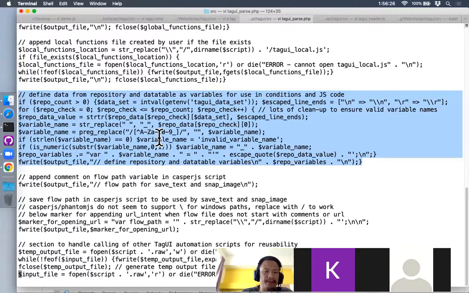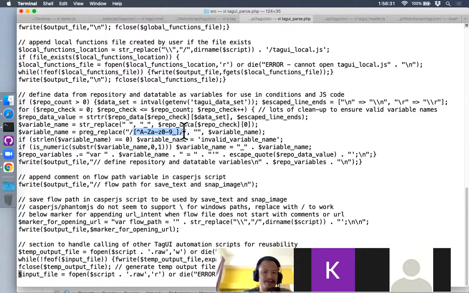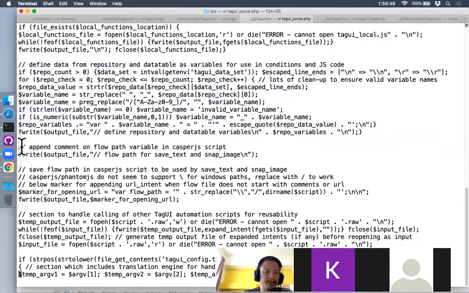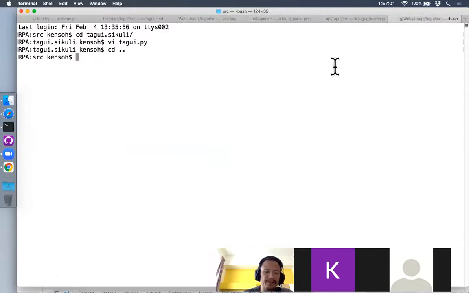And of course, if you have crazy header names that are not valid JavaScript names, then they will be sanitized. For example, if you have a header name that has spaces, then of course the spaces will be removed so that it becomes a valid JavaScript variable name. And the rule for that is it has to start with either an underscore or an alphabet, and it can contain alphabet, underscore, and numbers. It cannot start with numbers